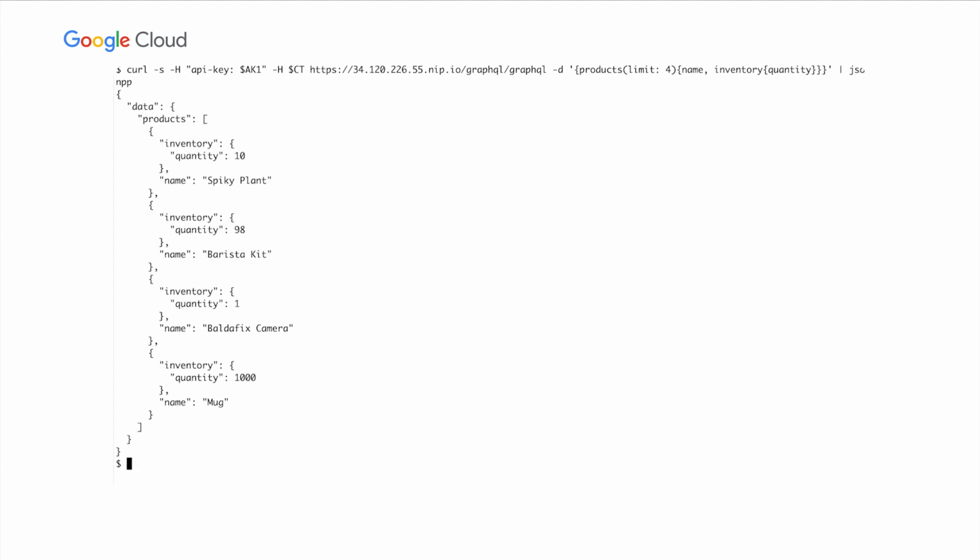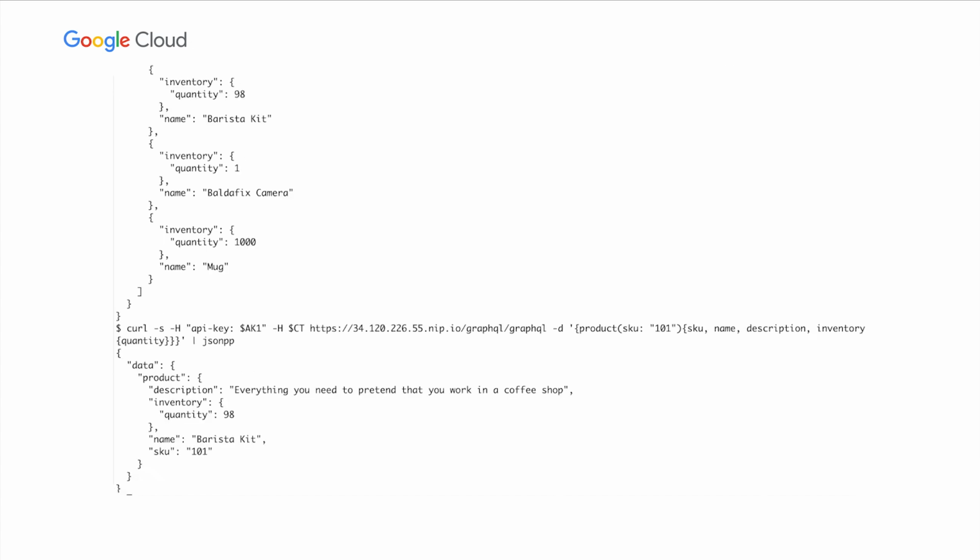Now that we've looked at the app, let's actually see what's going on with the API under the covers. Underneath, of course, I have a GraphQL API. And I can do some things in this GraphQL API, like, for instance, get a list of products. And like in all good GraphQL APIs, I can merge data from different data sets, I can sort, I can decide how many. And I can get information about an individual product. And once again, I can decide exactly what fields I want to see or don't see.